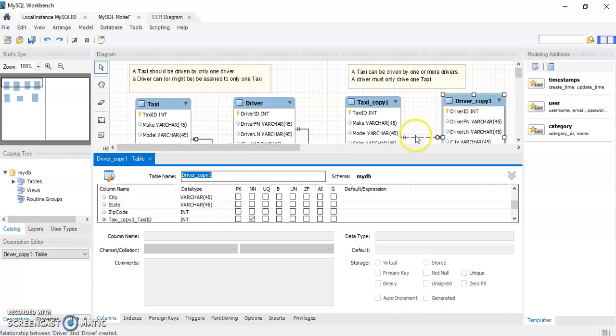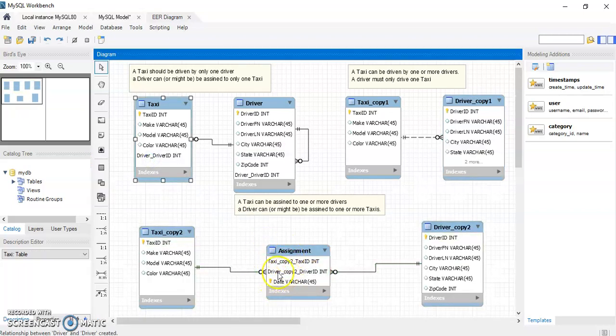Okay, when I make it identifying, the taxi becomes part of the primary key, because in weak entities, just like we have in the associative entities, part of the primary key is always going to be the primary key of the, if we can call them, parent entities. Again, part of the primary key of any weak entity is going to be the primary key of the other entities, just like we have in associative entities. So associative entities are always going to be identifying. Here in one-to-many, for example, it depends on the scenario: if a driver needs the taxi ID to be kept in the database, meaning it depends on the